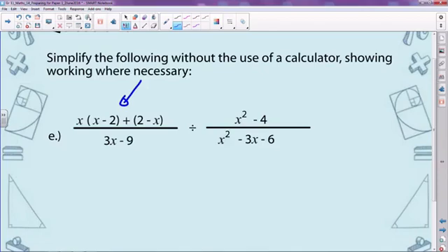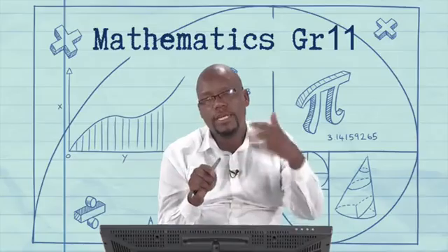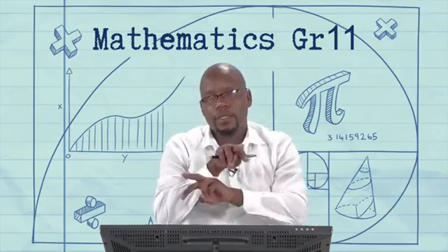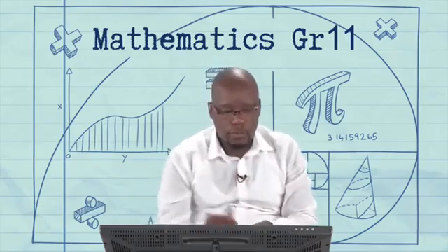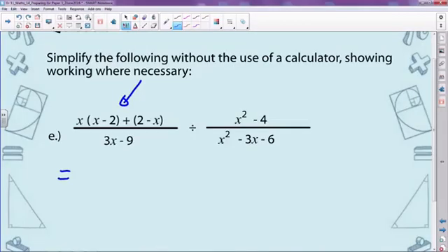And what we've learned in grade 10 is that if it starts with a 2 minus, then we can introduce a negative, and then your x minus 2. So we start from there, right? So this is x, bracket x minus 2, right? Now, minus bracket x minus 2, right? Divide by,